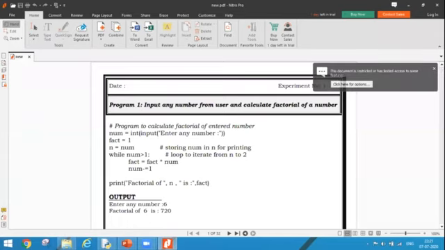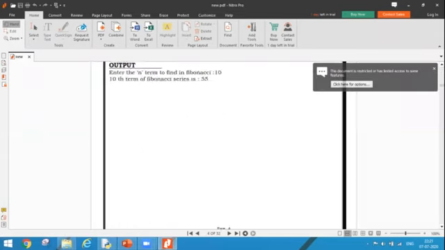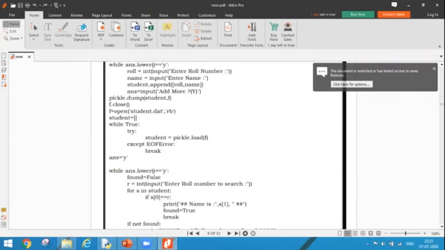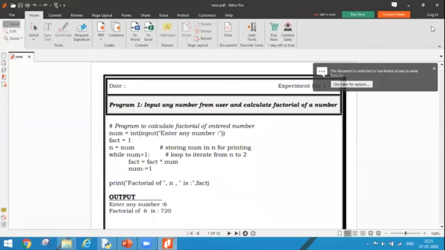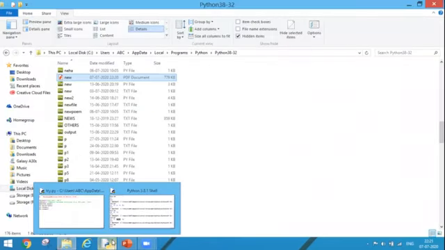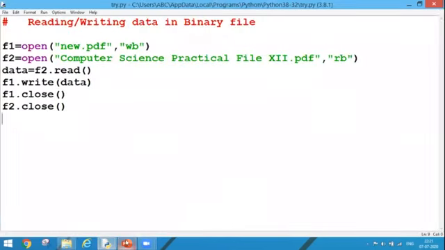As you can see over here, this was my data written into my computer science practical file and it has been copied into my new .pdf. So in this way, we can work upon our binary file.